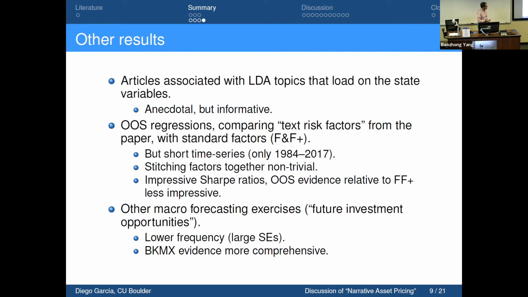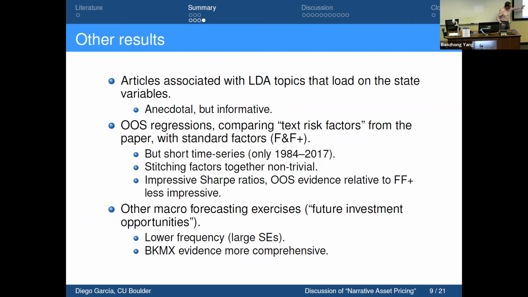They do these out-of-sample regressions, which I think is the best part of the paper, because they're not using any characteristics. They're just reading the journal and coming up with some risk factors, and they can basically match Fama French. Which is pretty impressive, given that they're not looking at value, momentum, or anything like that. They're just reading the journal. So that in itself, they don't do better, but they do equally well, which is quite amazing.